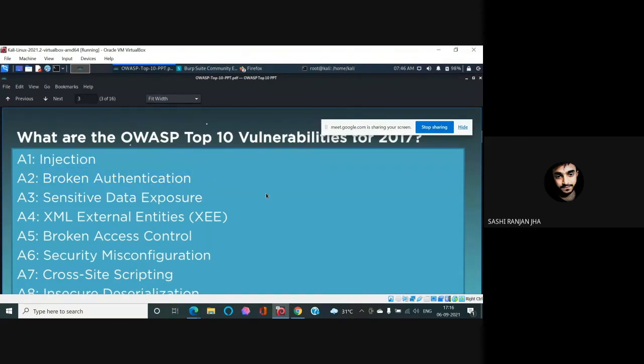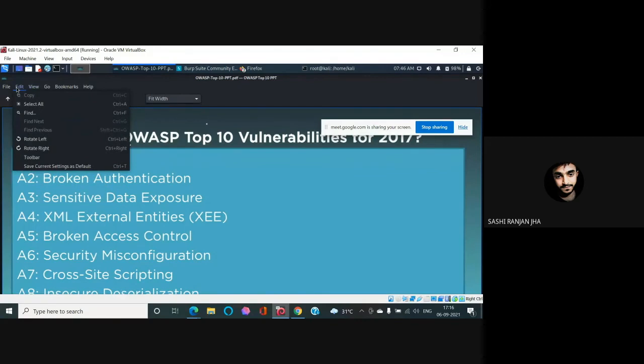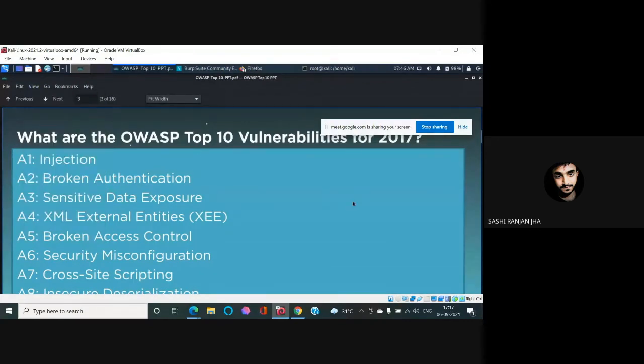Broken authentication is when you get some kind of authentication tokens, like the password mechanism is there, and we are not using it in a proper way. Broken authentication is when we have a username and password, and without using them, we just get access to the system or to the services. Then the authentication process has been broken. So this is broken authentication.